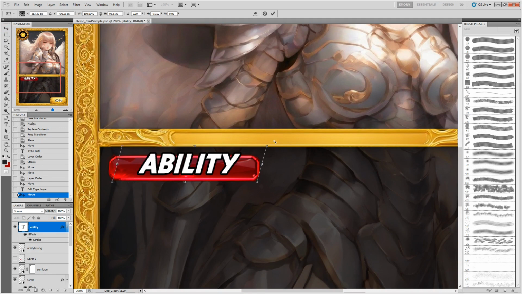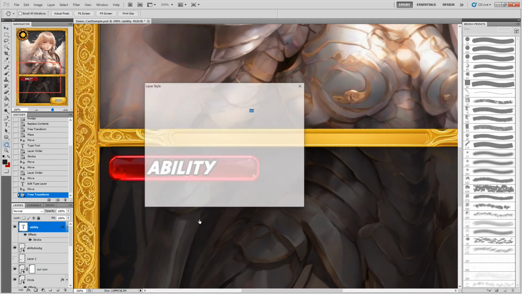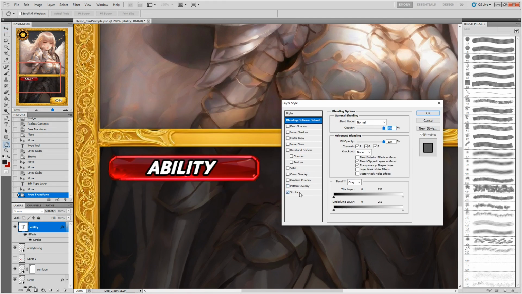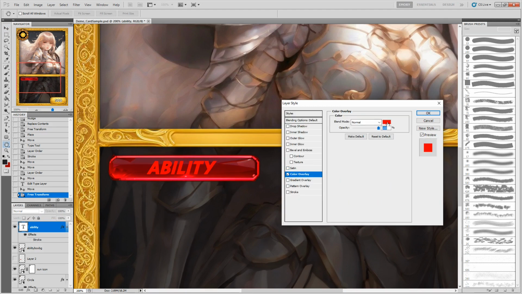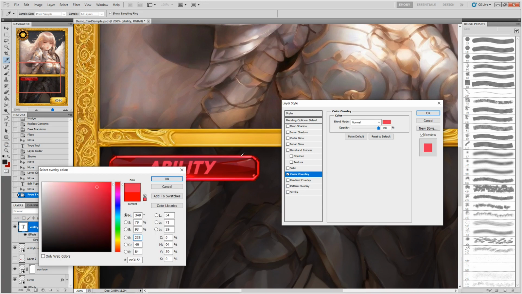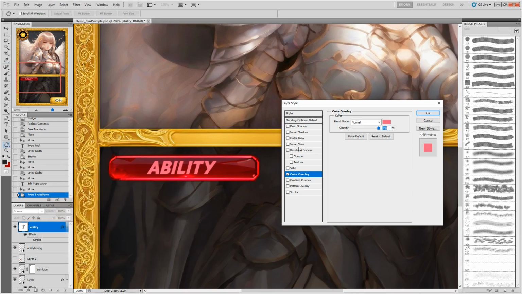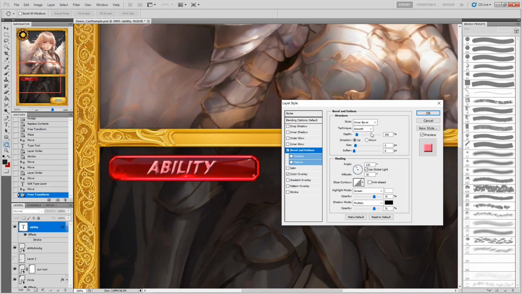Just some fake italicizing right here. Shrink it down. That looks pretty good, but I think we can make it feel like it blends in more with this crystalline element I just made using Layer. So what I'm going to do is overlay the red color, a similar hue, by color picking it. Make it a little bit brighter just so it's more readable. I want it to feel like it's chiseled out of the crystal underneath, so I'm going to go to Bevel and Emboss, do a hard chisel